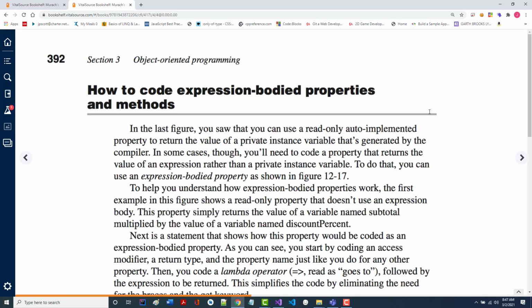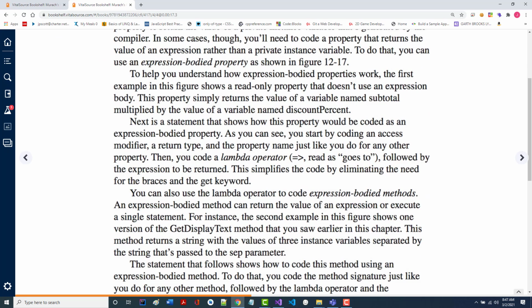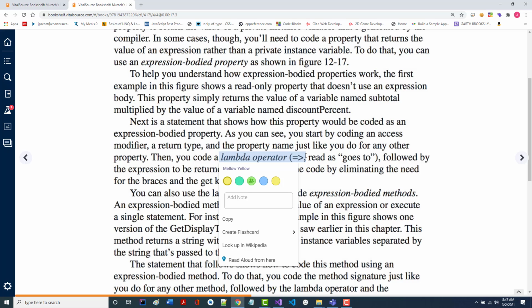Now, it gets harder. Sorry, but it gets harder. What's happened over time is they, meaning the people who create this language, have tried to come up with ways that are even easier. You may not look at this and say that it's easier, but once you get some experience in it, it's easier. And it also allows me the chance to introduce what are called Lambda expressions. Most programming languages provide a Lambda expression. Again, it's a shortcut, and we're going to look at it in just a minute.